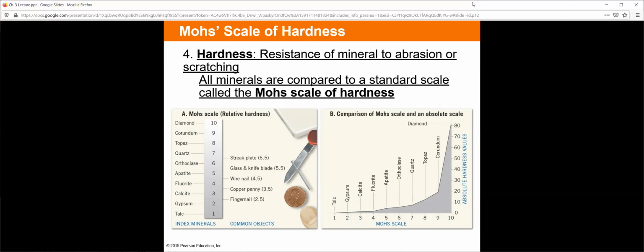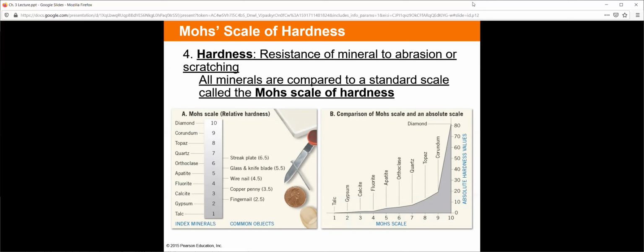However, if you have a penny on hand or a small knife and you try to scratch up the rock in question, if you're able to scratch and chip apart the rock that you found, it's calcite. If you're not able to scratch or chip apart that rock, it's quartz. Quartz is a lot harder than calcite. The definition is based on, again, the chemical structure and the atomic structure of the rock.